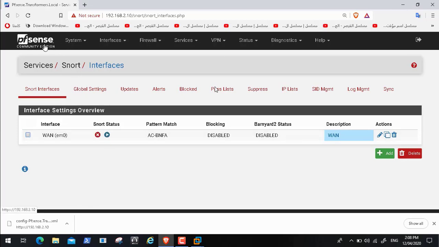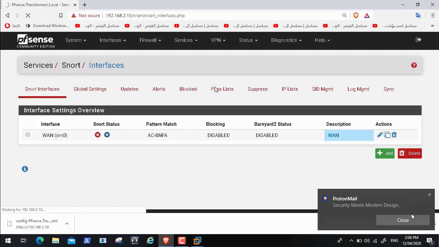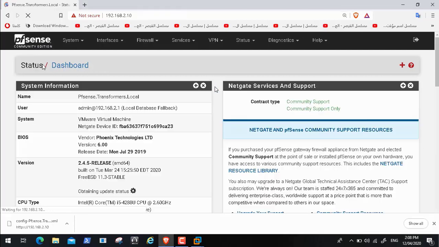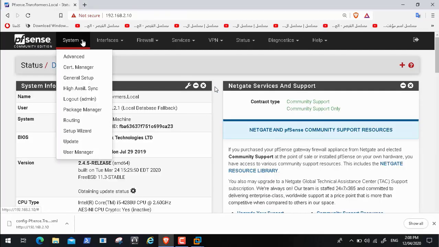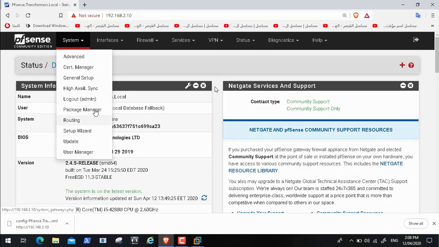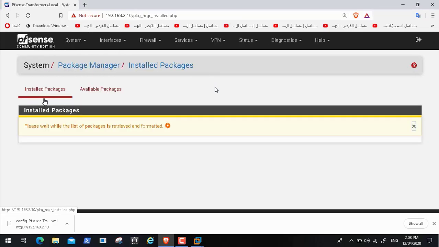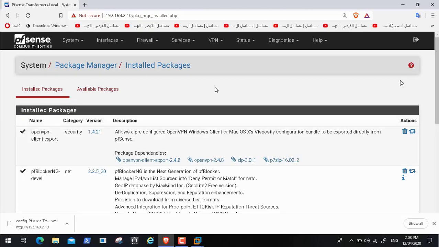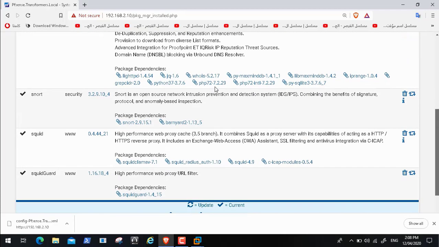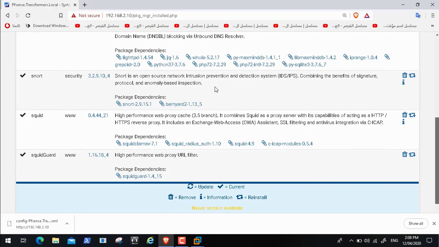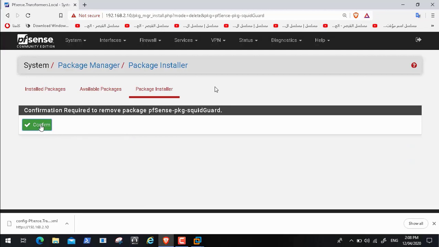Take into consideration to always take a backup of your firewall and a backup of your firewall configuration. This is a best practice step, just to make sure that if anything happens to the firewall and you need to reset it to the factory setting, you have a complete backup of your firewall physically as a system, and you also have the configuration exported. So here and now we will uninstall the Squid by